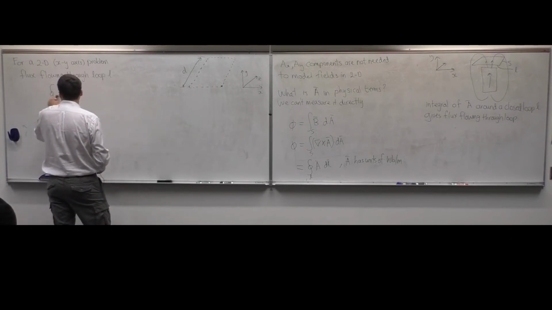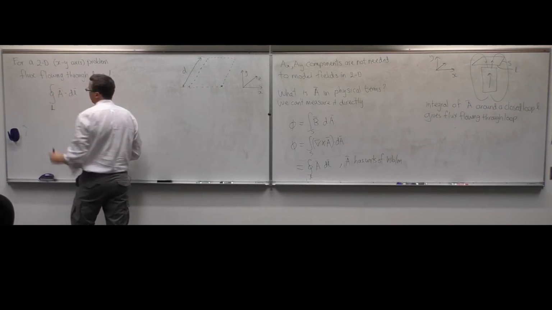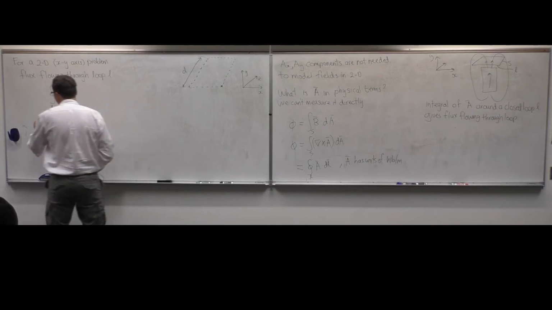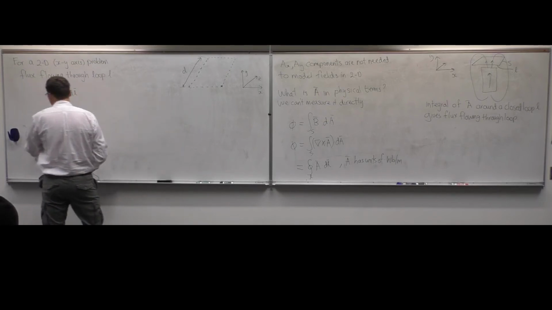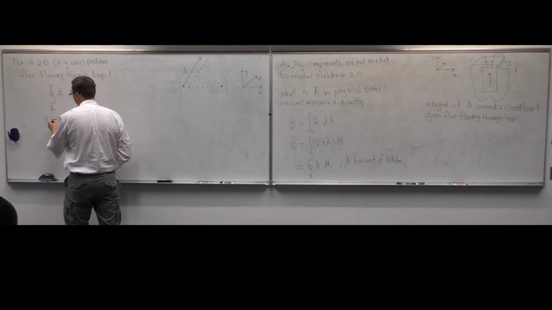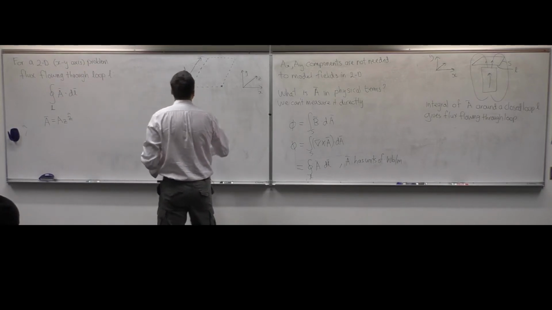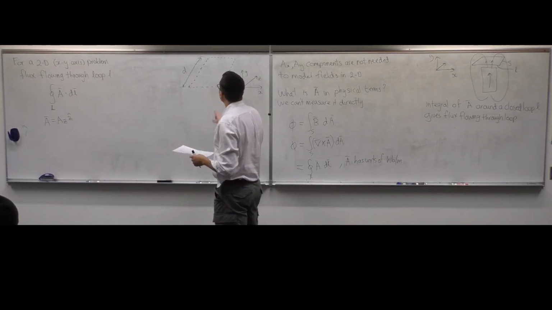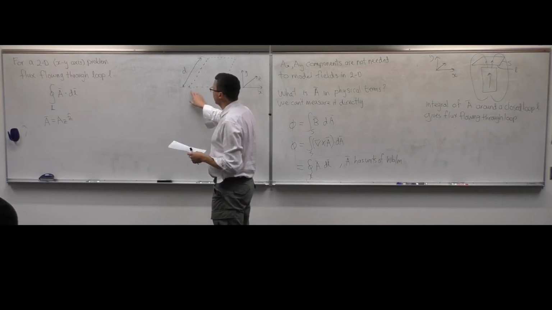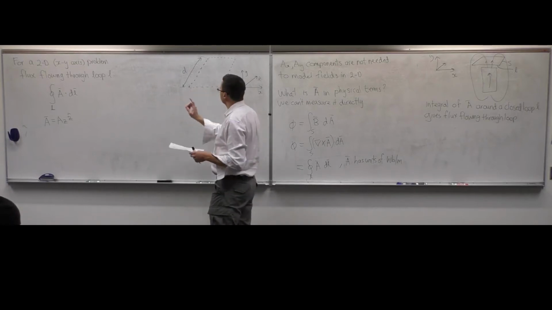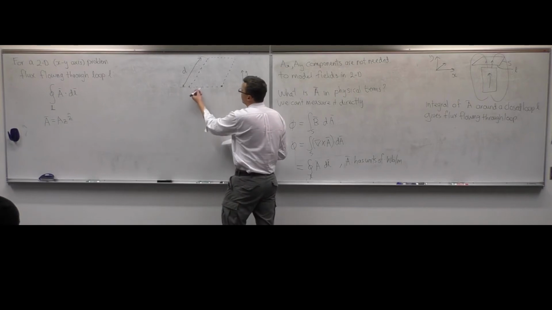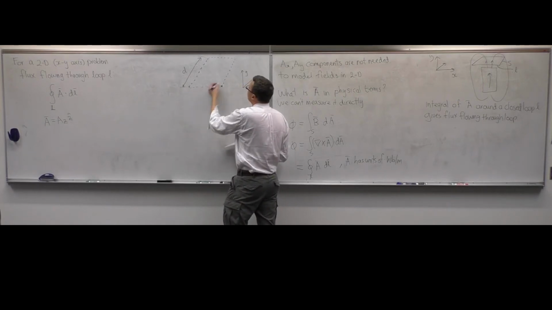Well, let me write it in terms of A. We've got A dot DL. That's the most general, right? But A only has an AZ term, right? So we only have AZ. So if you evaluate it around this loop,